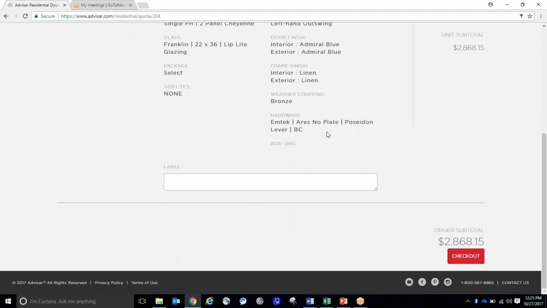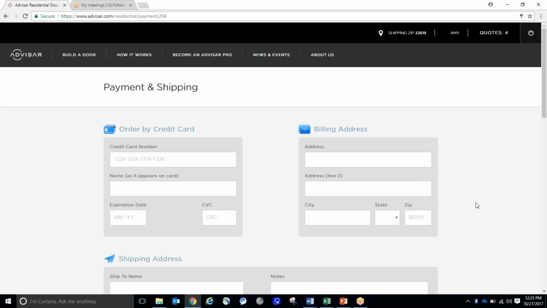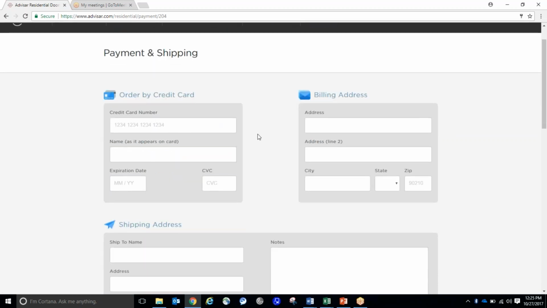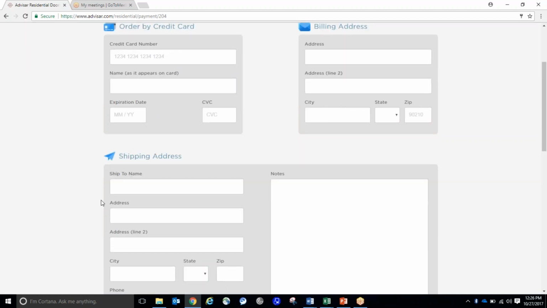and everything looks good. I've triple, quadruple checked that everything's right, so I'm going to click Checkout in the very bottom right-hand side. All right, now when we get to this point, this is just very similar to every other online ordering system. And I can't put in credit card information because this is out on the internet, but you would just enter your credit card information, you'd enter your billing address and the shipping address that you want the door shipped